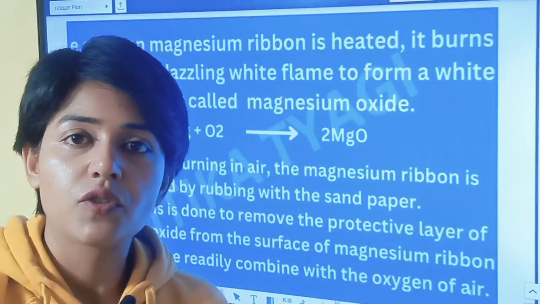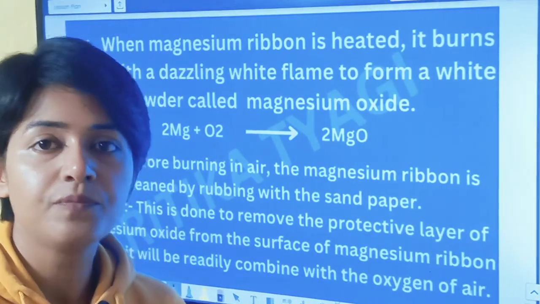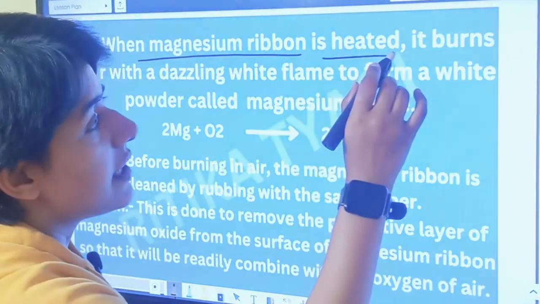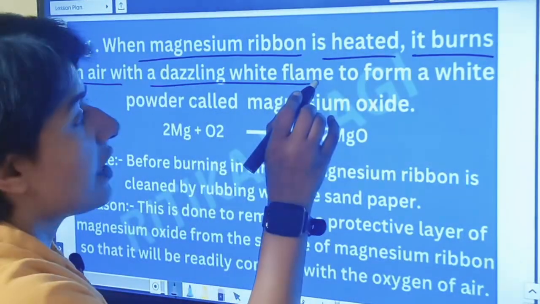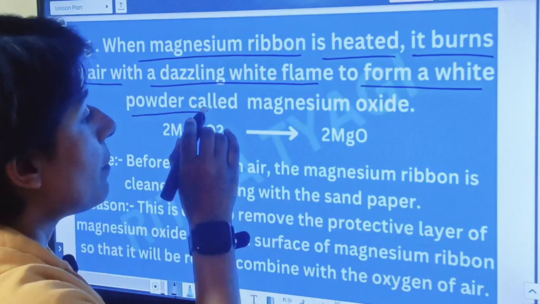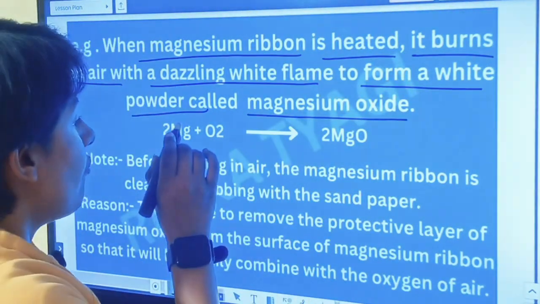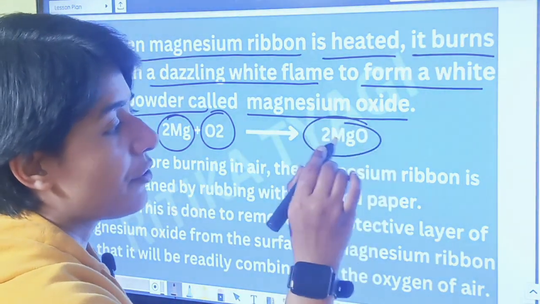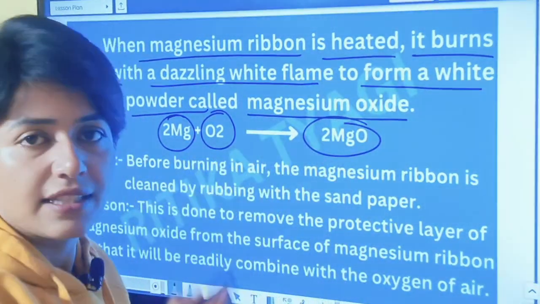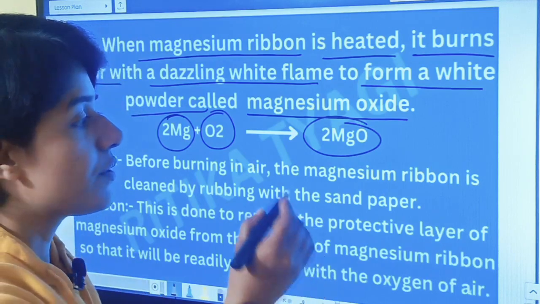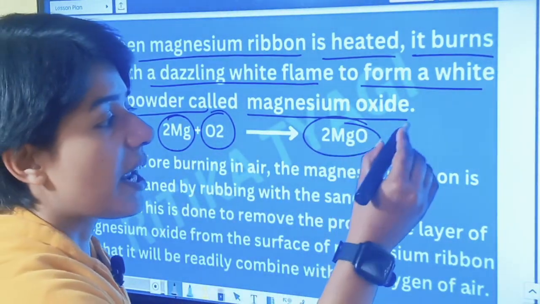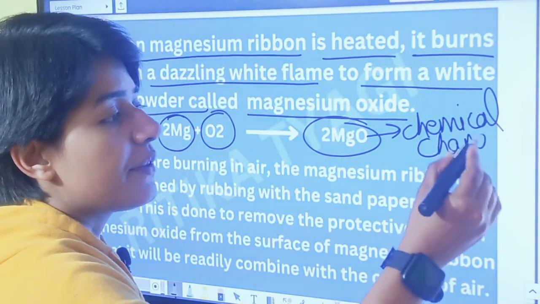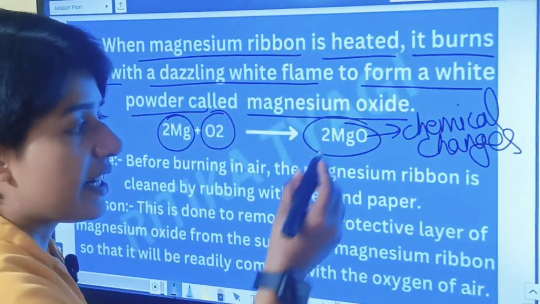Next, let us take a look at an example of chemical reaction also given in NCERT. Example: when a magnesium ribbon is heated, it burns in air with a dazzling white flame to form a white powder called magnesium oxide. When we burn a magnesium ribbon in oxygen or air, it forms a white powder of magnesium oxide, and it is an example of a chemical reaction because in this reaction chemical change takes place. In this reaction chemical change takes place because a new substance with new property is formed, that is magnesium